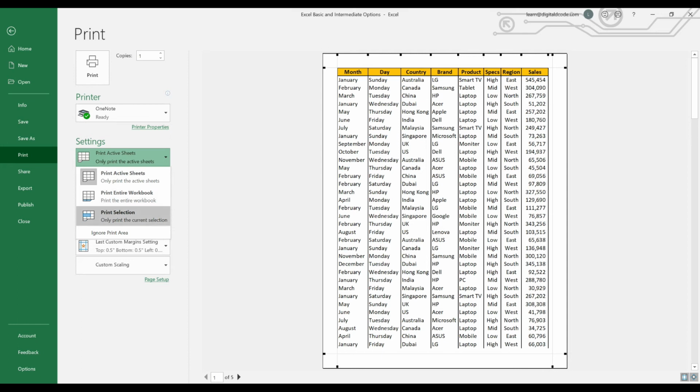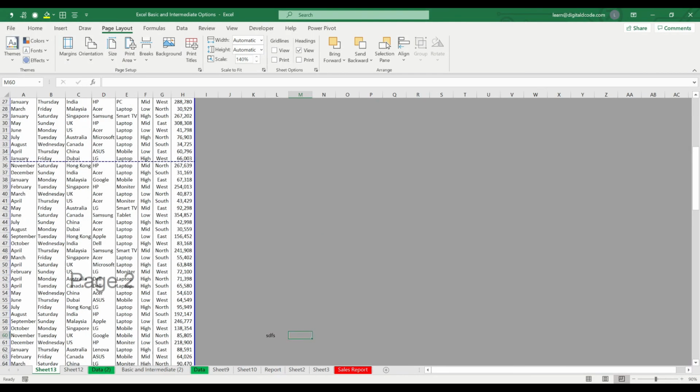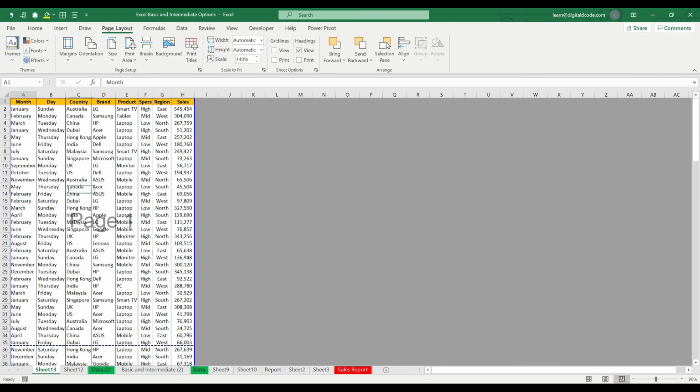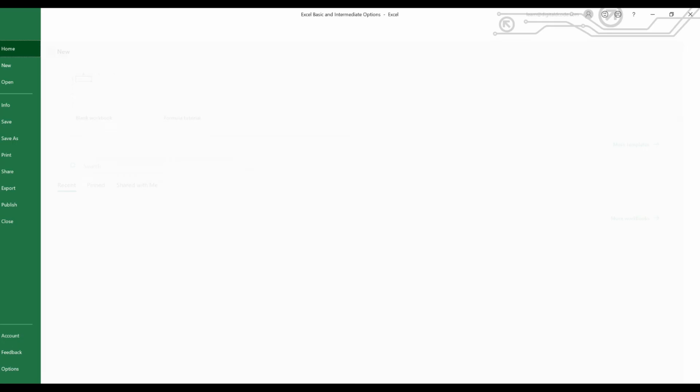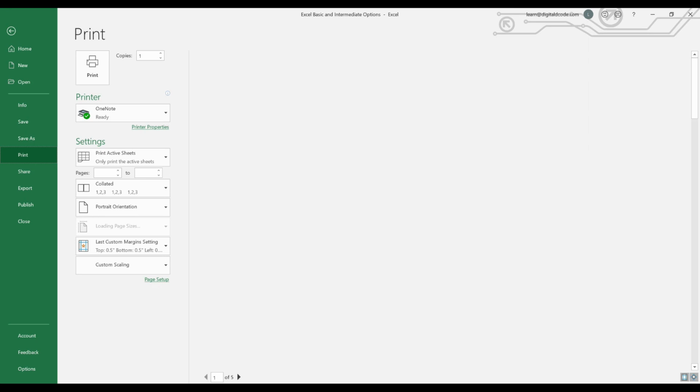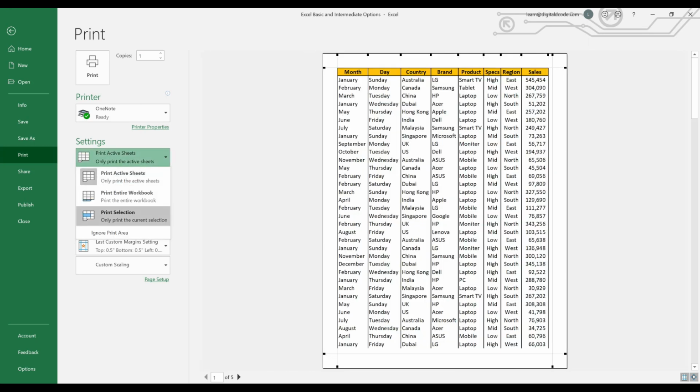And also you can print based on the selection. Whatever data you selected, assume I selected only these 6-7 line items, then if you use print selection, it will take a printout only for the selected line items.